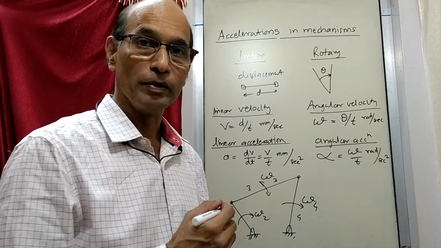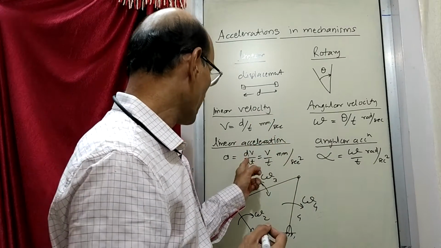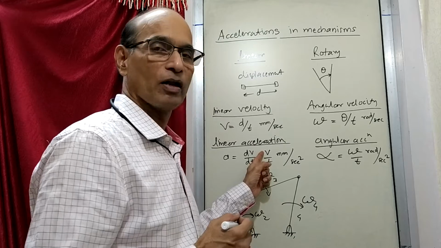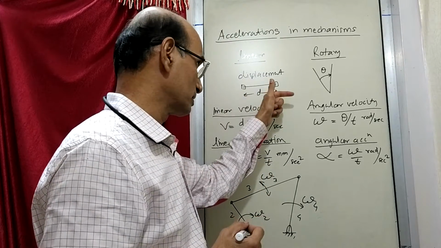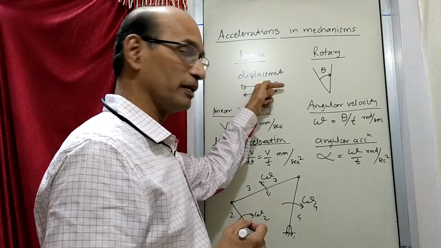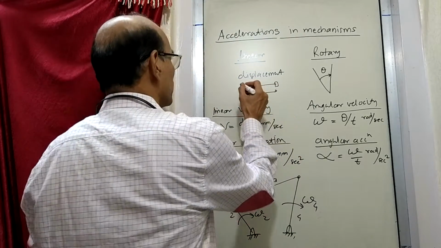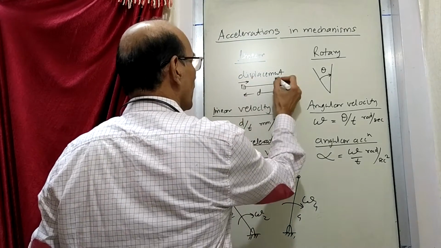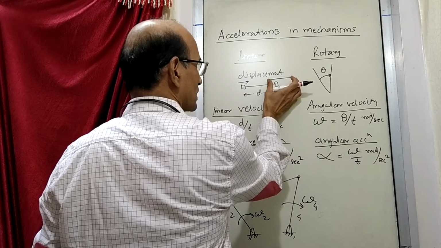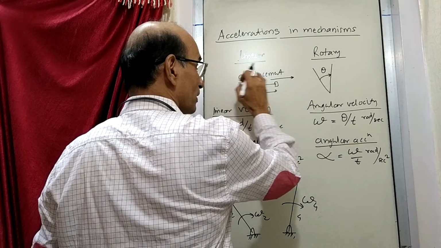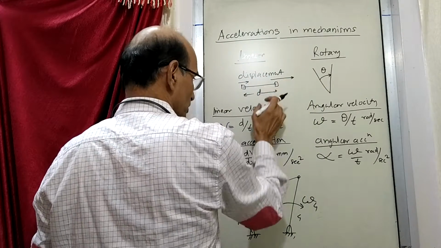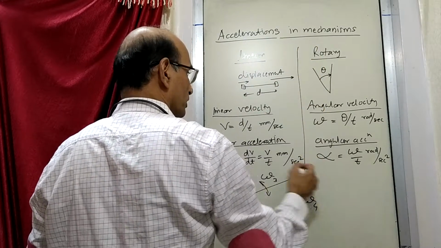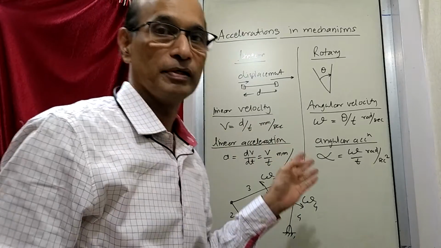Now there is one more thing to be noted here. We have said just now that when the velocity changes, there is an acceleration. But this is a linear case. That means the velocity was here, then it has changed. Suppose I show it like this. This was the velocity, and then the velocity changed to a larger size, but still it is in the same line. So the direction has not changed, only the magnitude has changed, and that is the case we have taken here in the case of linear.